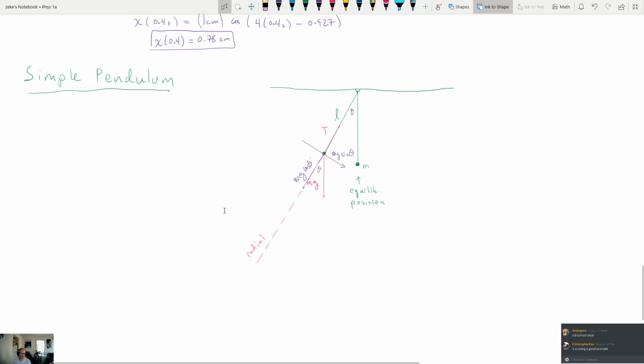So, as a result of this type of breakup of the forces, our object is going to rotate or swing back and forth here, and its radial distance from this point is never going to change, which means that if I sum up the forces acting in the radial direction on this object,